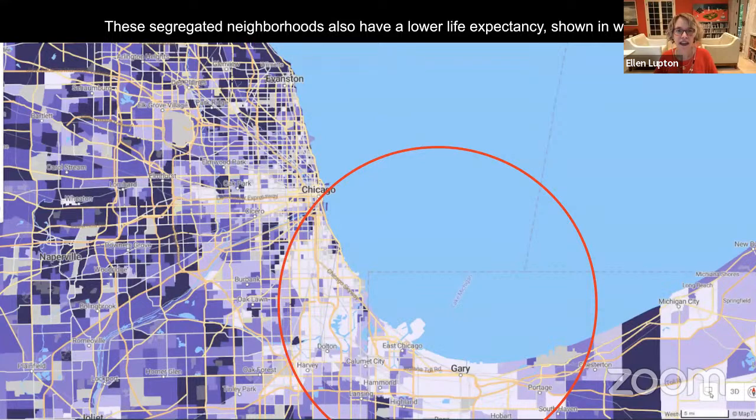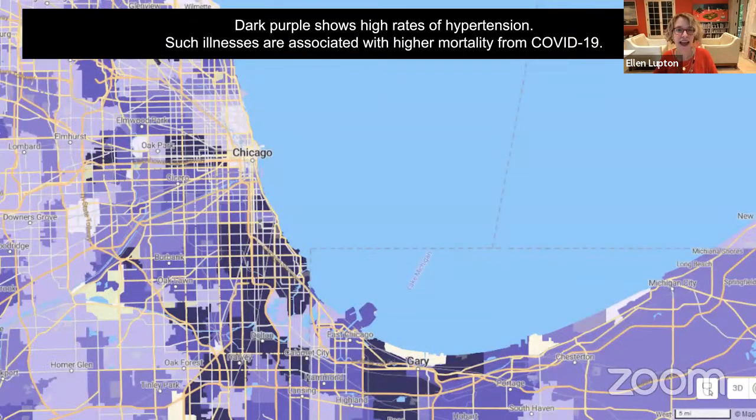And here we have the color white being used to show neighborhoods with a lower life expectancy. And so we can correlate racial segregation with lower life expectancy. And here, dark purple shows high rates of hypertension, which is a disease associated with high mortality from COVID-19.